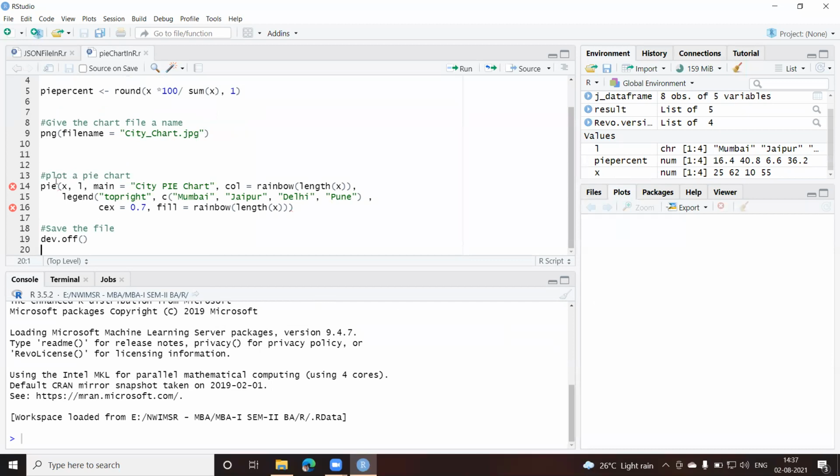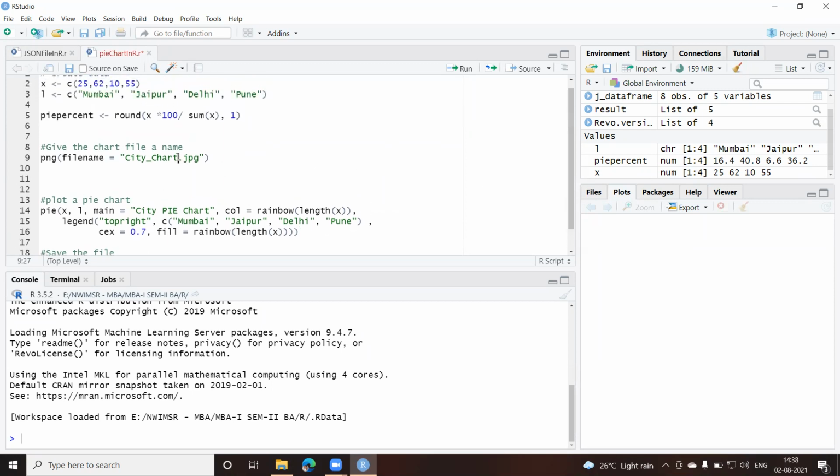Okay, there's some error here. It's unmatched round bracket. Okay, this is one round bracket. What about this? This is okay. I think I have missed the round bracket. This one, this one. This is legend and one round bracket. Okay, now this sounds better. Might be because of the round bracket, it was not giving me the chart. Okay, let me now change this name. I'll just give legends here.